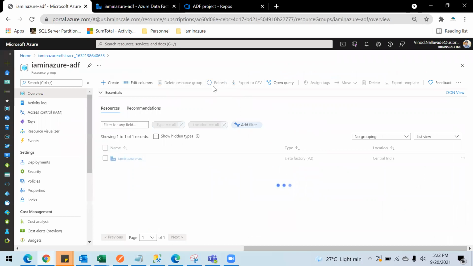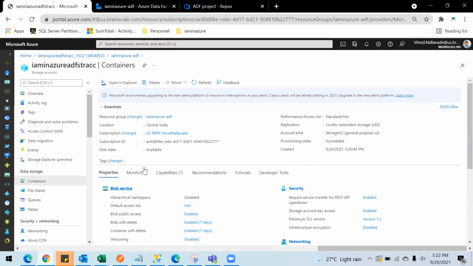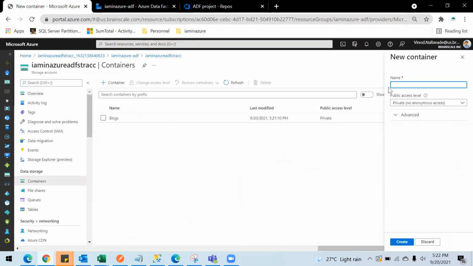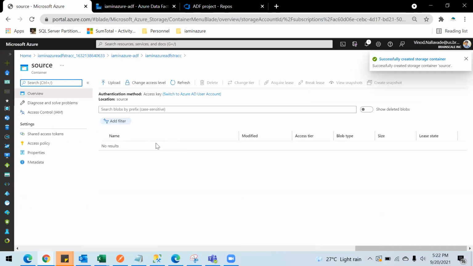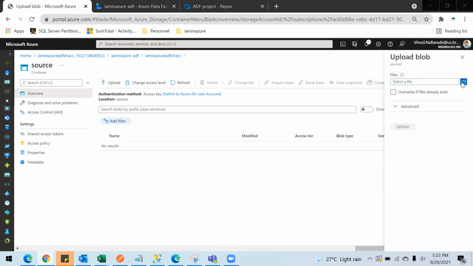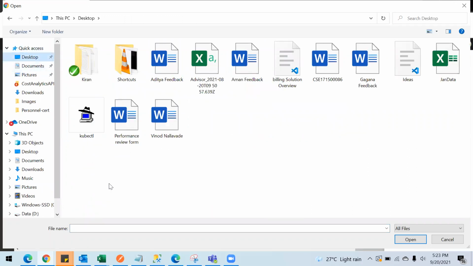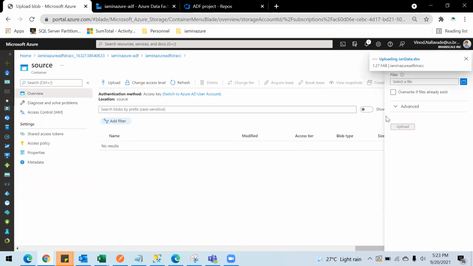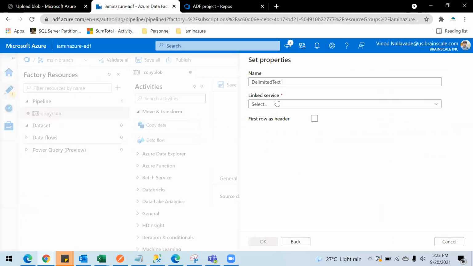Let's see if this storage account is available here or not. So I have the storage account, and I'm going to create a container. So let's name it source and have a file here. Let's upload a file. Any sample file will make sense. So I'm going to copy some data file and upload. So I have a source here.